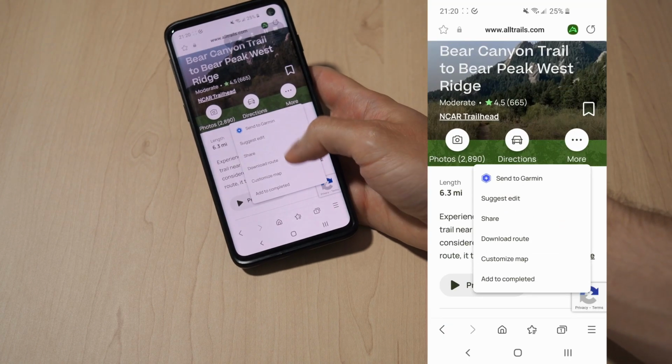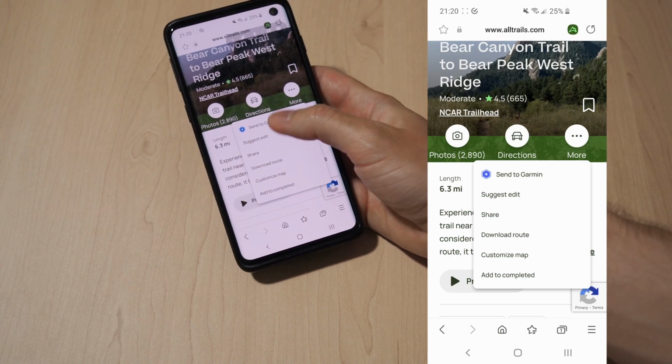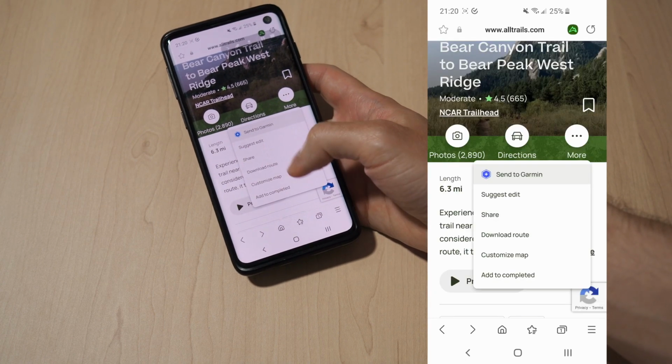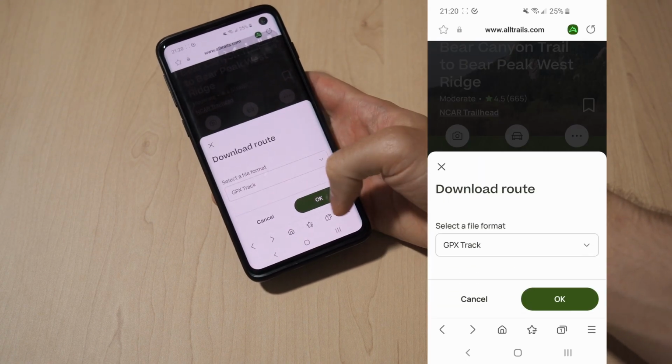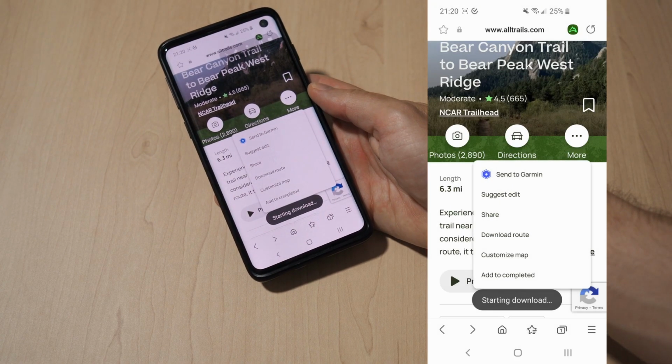If you're a Garmin user, you may have noticed earlier when we clicked on More that there was also this option for Send to Garmin that is also paywalled. That's not a problem. This is actually pretty easy to do yourself as long as you have the Garmin Connect app installed. Download the GPX file the same as before, but then open it up in the Garmin Connect app